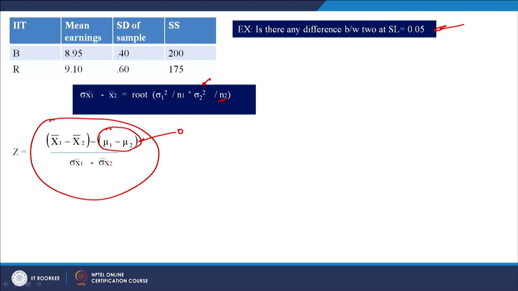We have to test this hypothesis at 0.05 significance level, right, and using the critical value approach if you want to solve this question. So, for the critical value approach, we know that the Z table value at 0.05 is 1.96, right. So, you have got all this information over here. You have got x 1 bar minus x 2 bar, the difference of these two, this term is 0, and you need to just calculate the standard error of the difference of means, right.